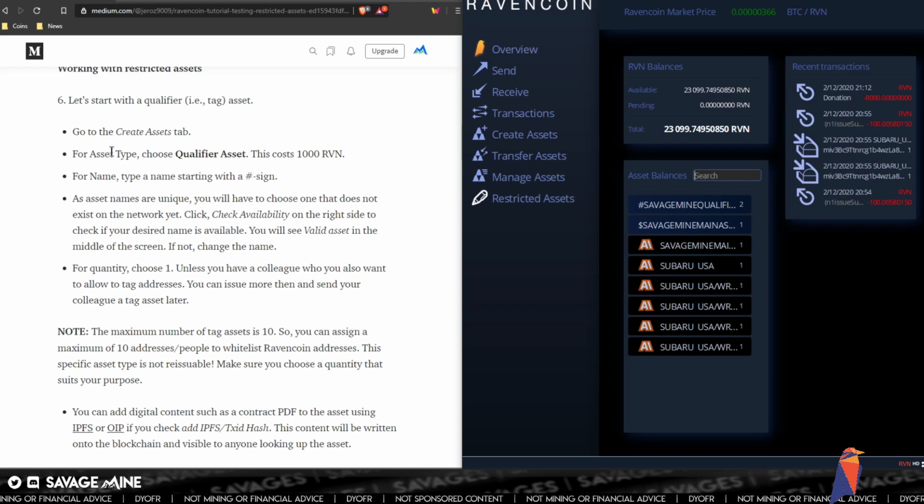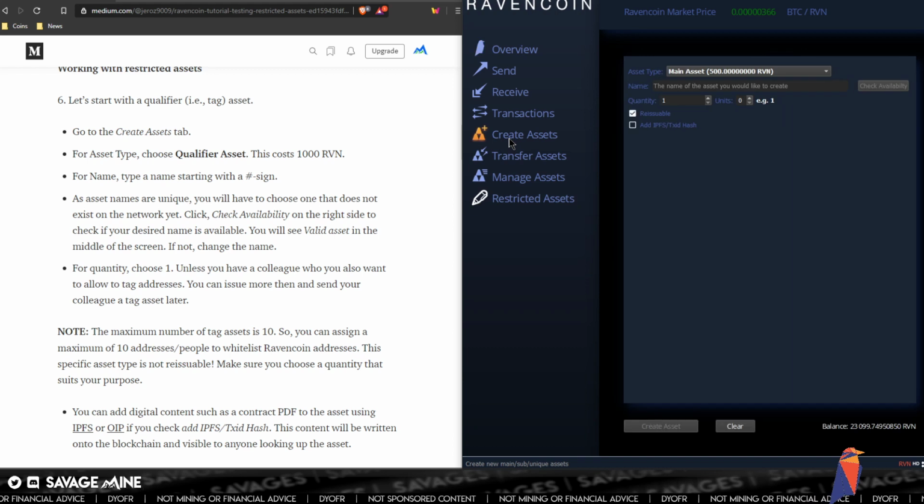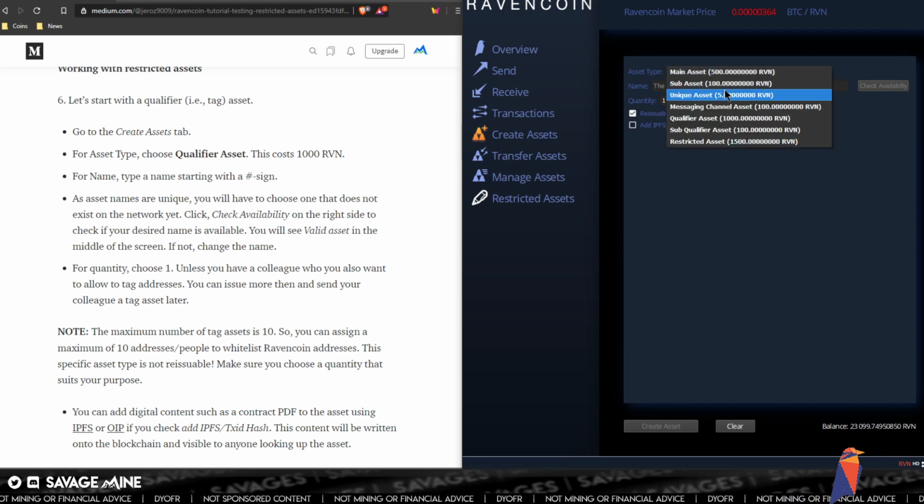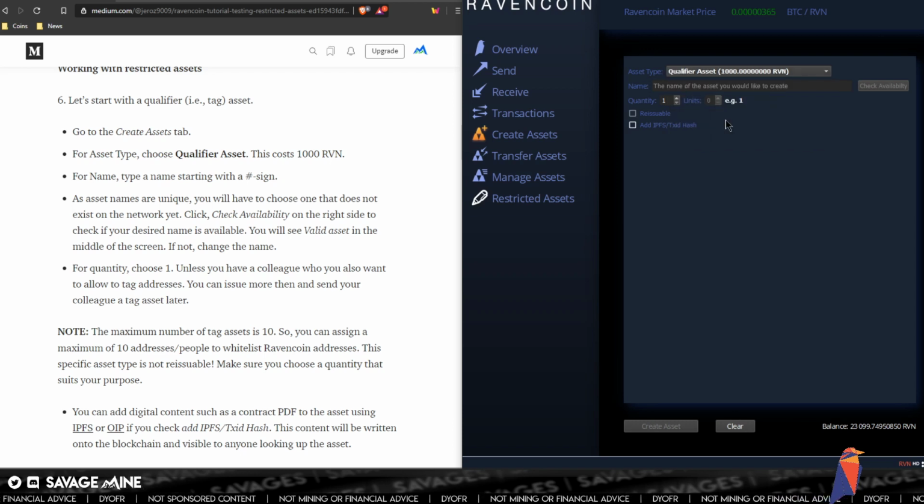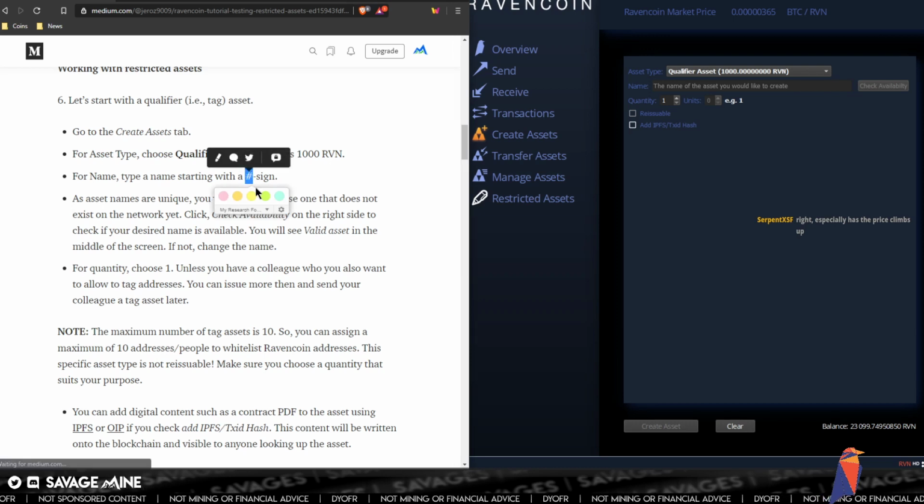All right, so go to the Create Assets tab. So we're gonna go here. It says tab, but I guess this would be considered a tab. For asset type, choose qualifier asset, and this costs 1,000 Raven. All right. For name, type a name starting with a # or a hashtag. Okay, so